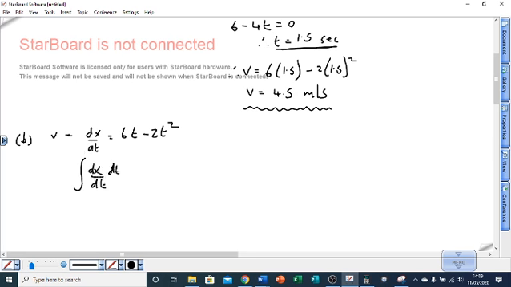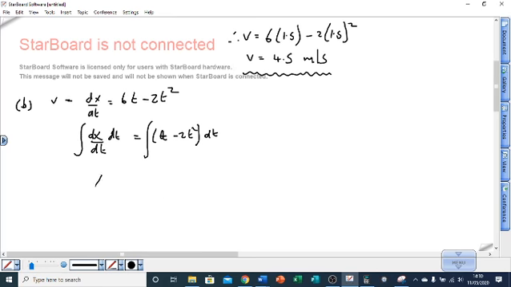Okay, so integrate 6t minus 2t squared with respect to t. So you get back to x, which is the displacement. You end up with 6t squared over 2, which is 3t squared, minus 2t cubed over 3